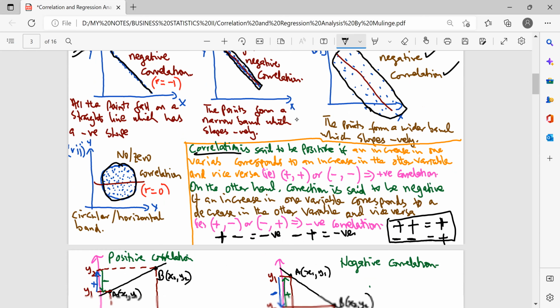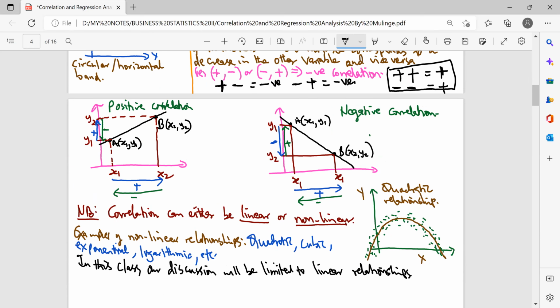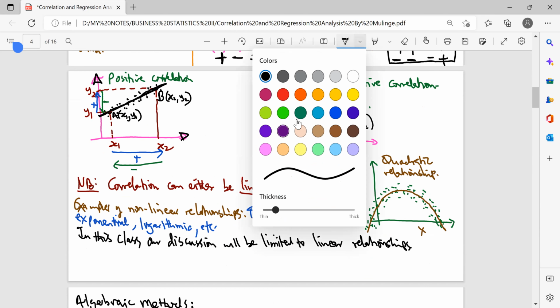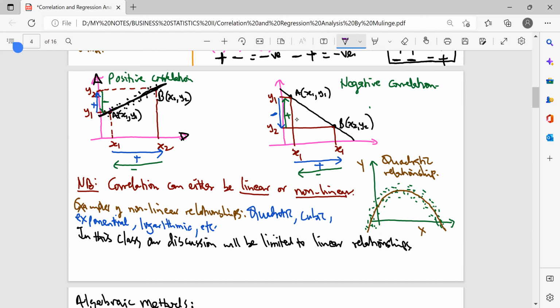I have two diagrams here to illustrate that. This is my X axis, and then I have my Y axis here. Then I have this line here. Assume there are some points there, and that line gives the relationship between the variables. So you notice that if I mark a point like this one here, and then I pick another point there,